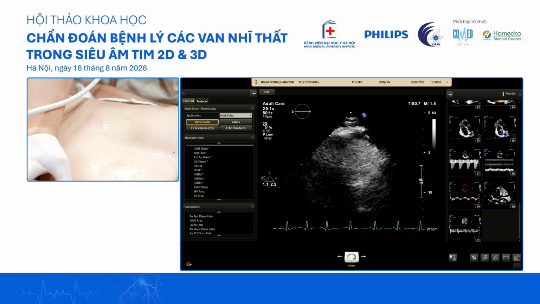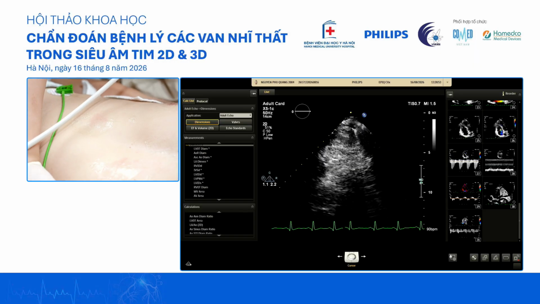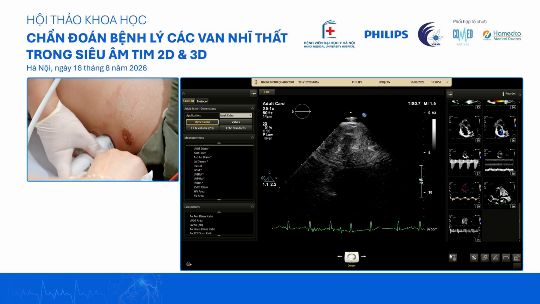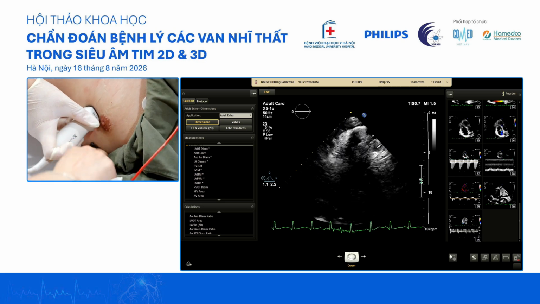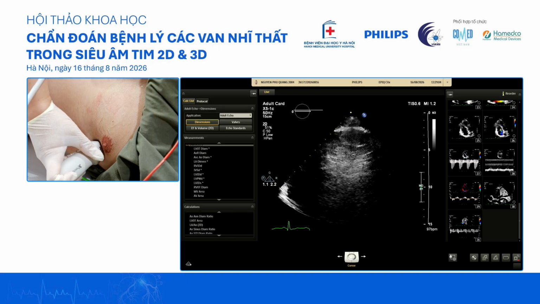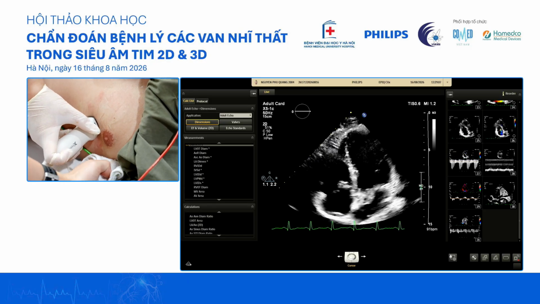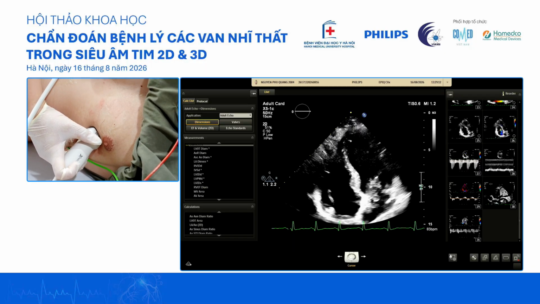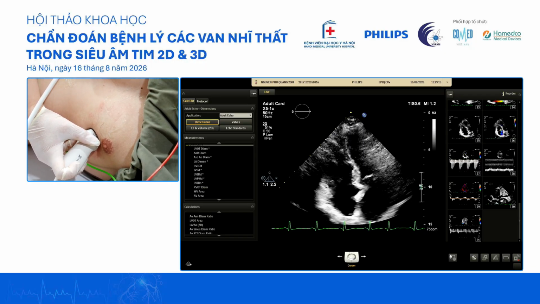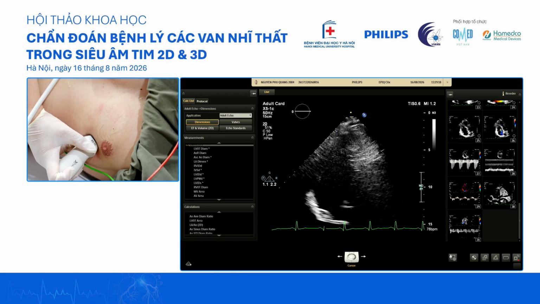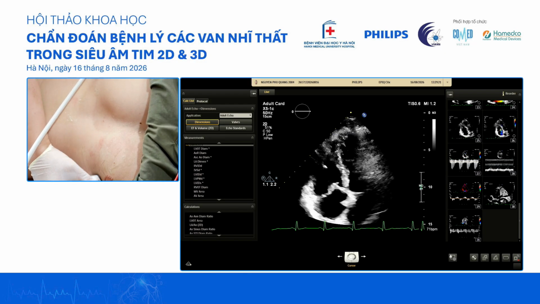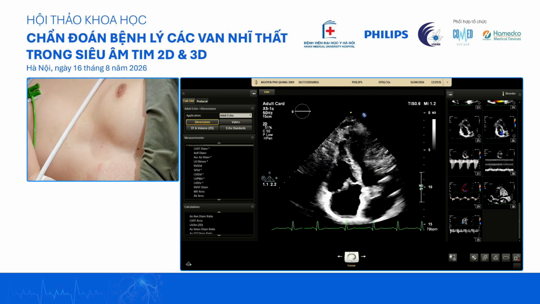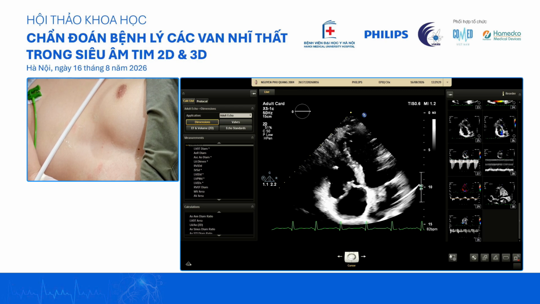And what do you want in RV volume in 3D? Sure. The 3D position of the tricuspid valve. 3D acquisition of the tricuspid valve. We do RV first and then. Okay, we'll do a RV volume. Để đánh giá thể tích thất phải 3D. So we usually get a RV focus view. Chúng ta sẽ dùng mặt cắt tập trung thất phải.